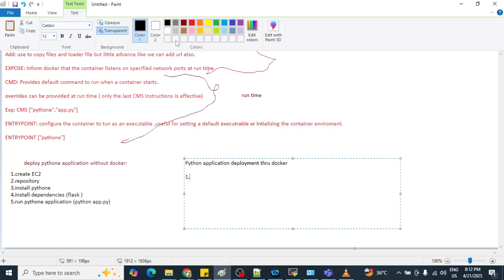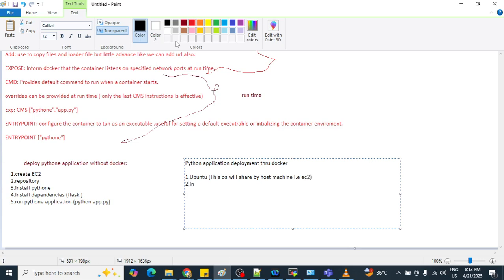You require an operating system, because without an operating system, where will your application run? Suppose you require the Ubuntu operating system. Why? This OS will be shared by the host machine, that is your EC2. Next, what do you require?